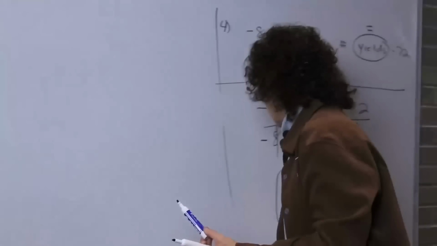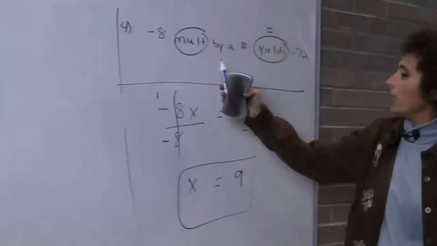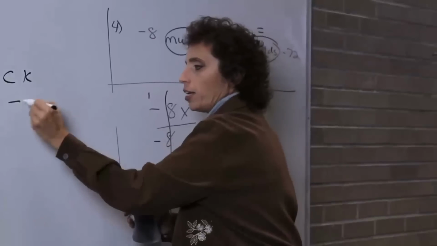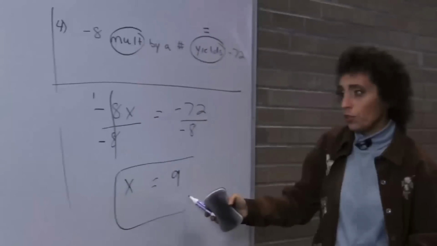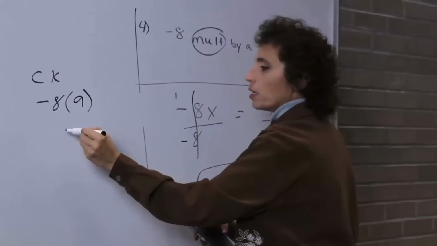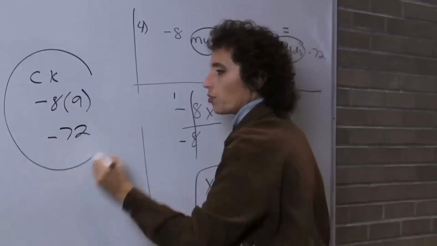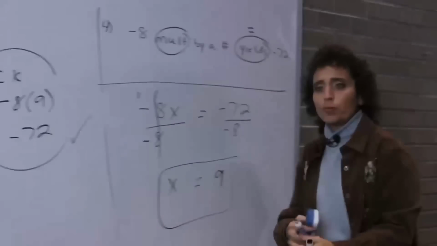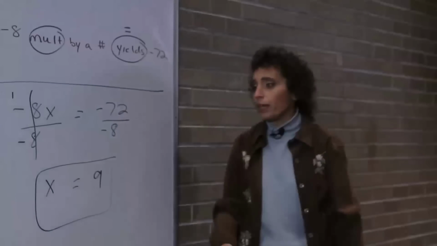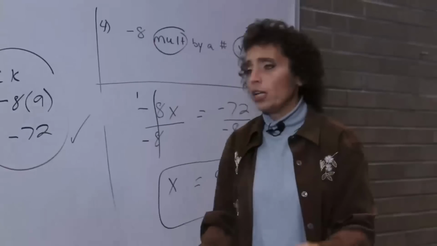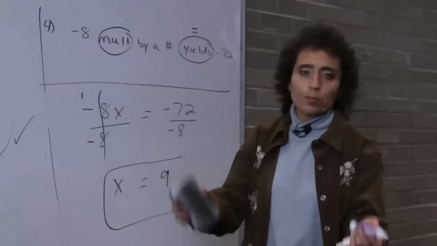Okay, on this last check, it says -8 multiplied by a number. So here's a check very quickly. -8 multiplied by a number, your number was 9. And that gives me -72, and there's your check. So that's correct. So just make sure you understand the keywords. Make sure you understand how to solve equations when you move and what you use to move. And the next lesson we're going to do is simplifying algebraic expressions.